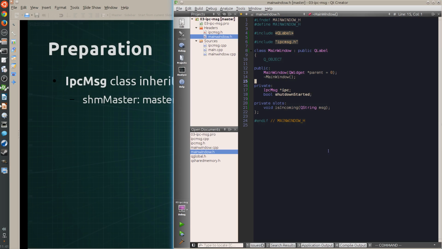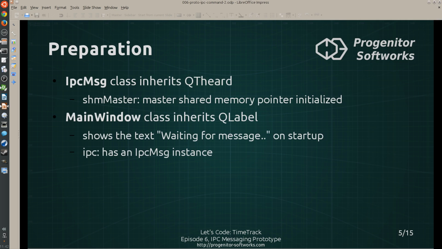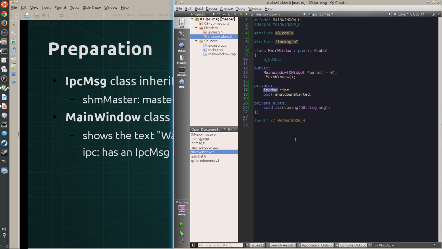Preparation. Now I have created a barebone project with a lot of boilerplate. It has a main window class, which is inheriting QLabel. It has an IPC message class, which is the class that handles the listening, sending messages, and determining if it's a master instance. It has a Boolean value to determine if a shutdown is already started from the main instance, and it has a slot for processing incoming messages